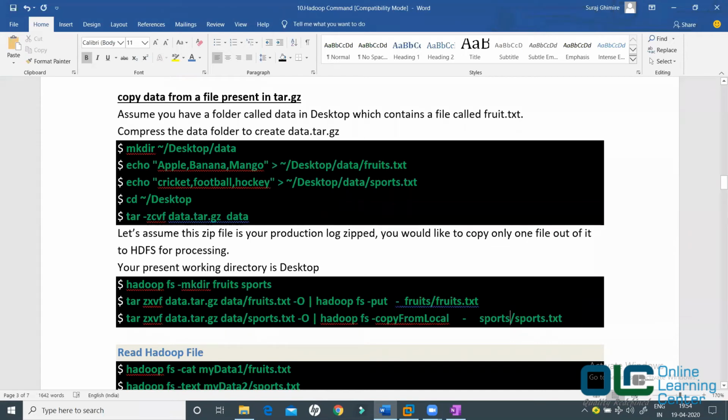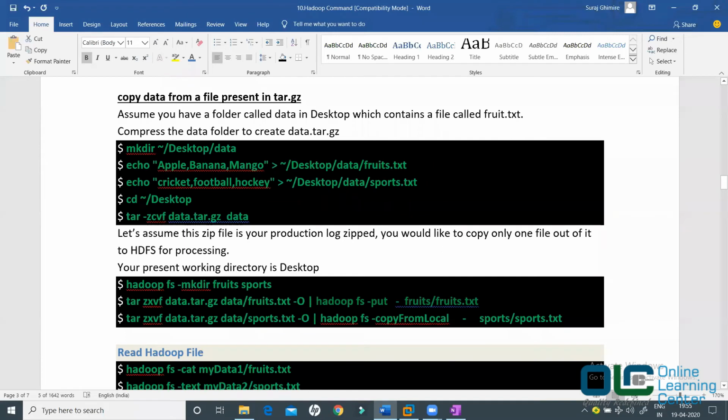This command is actually a two-line command. Let's talk about the second line first. What does hadoop fs -put do? Hadoop fs -put can be used to copy data from your local to your HDFS, right?